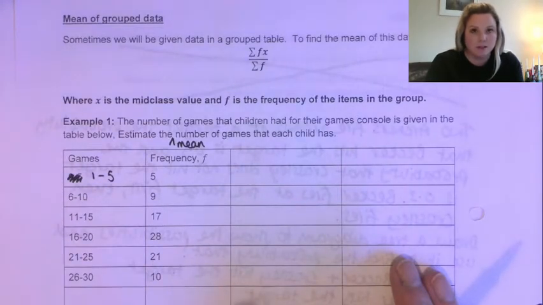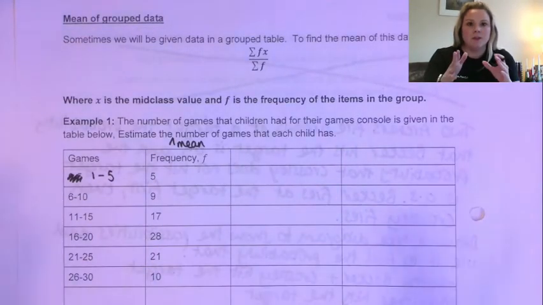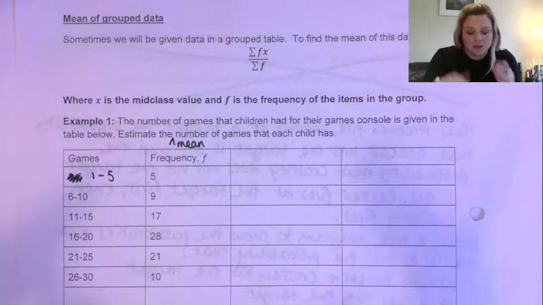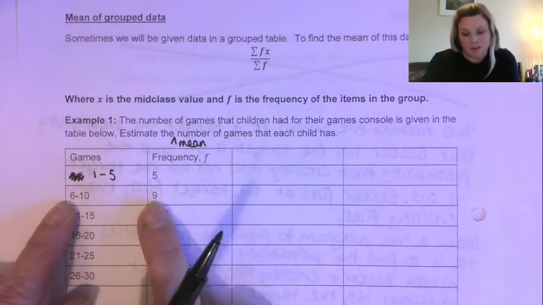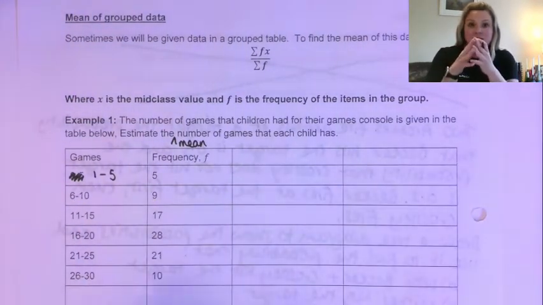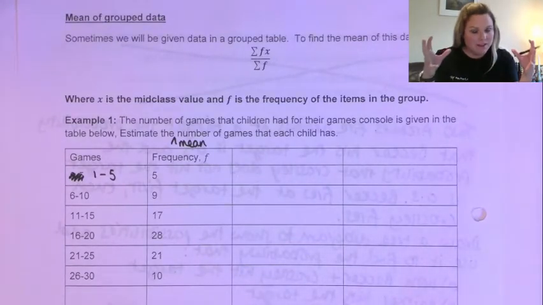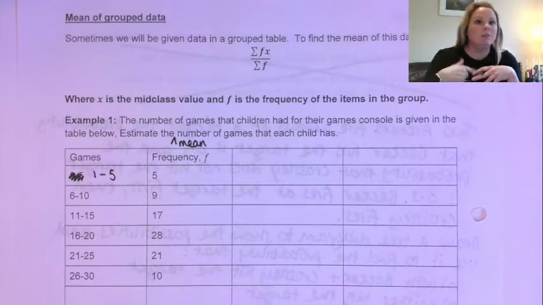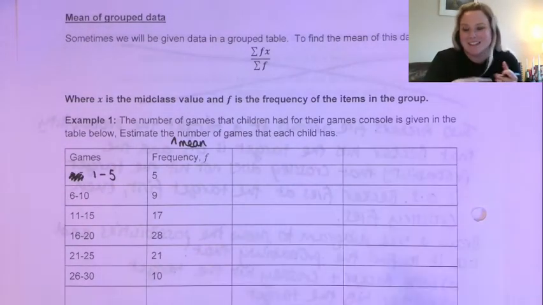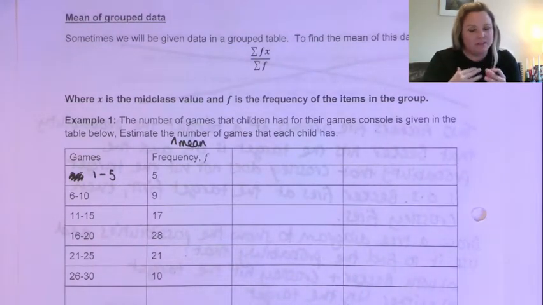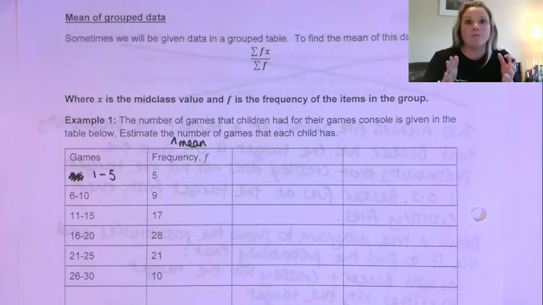And the reason that we do that is because, let's look at the 6 to 10 one, the likelihood is that these 9 are spread relatively evenly, and that's the assumption that we're making throughout this group. So a couple at 6, a couple at 7, a couple at 8, a couple at 9, a couple at 10, right? So what we have to do is pretend that they're all at the midpoint